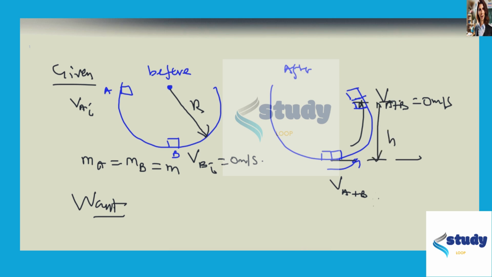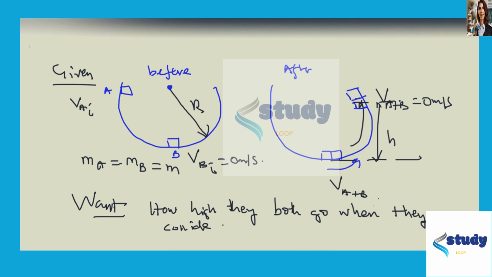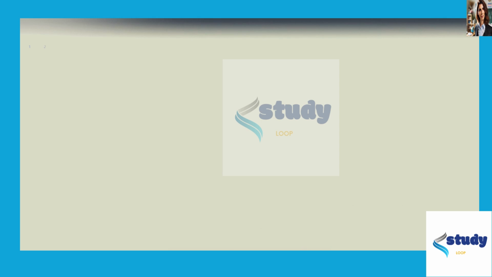That's the height we want to find: how high they both go when they collide with each other. So we're going to start the problem on the next page, and we'll use the law of